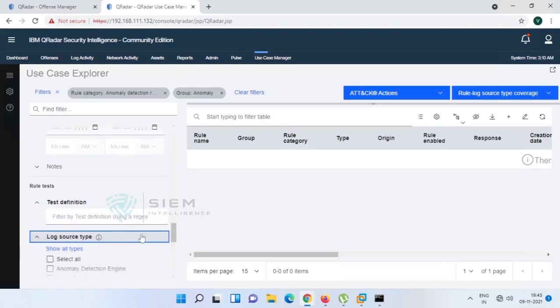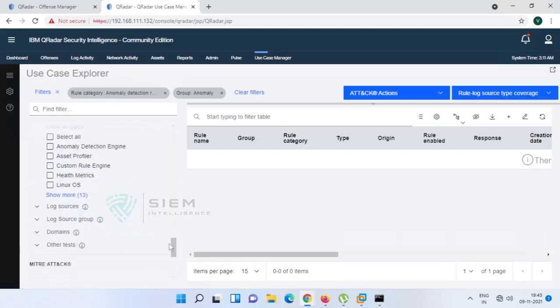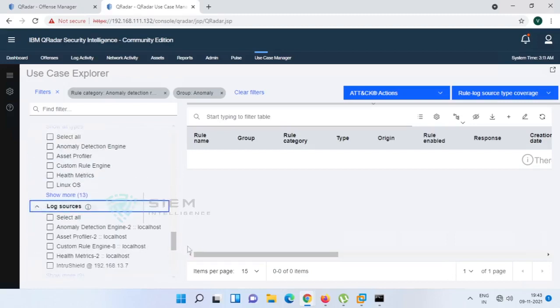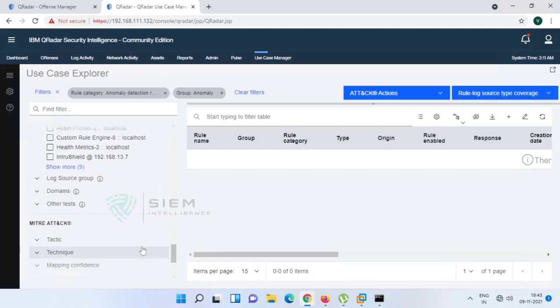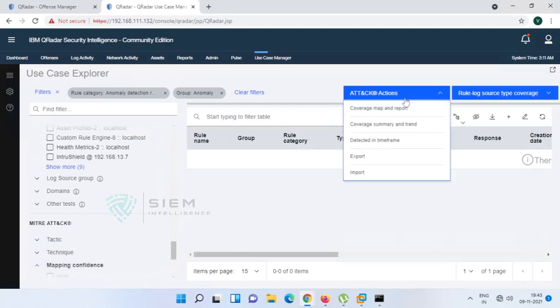If you know the log source type, you can check. If you know the log source exactly, you can check. You can check the MITRE framework. If you know the tactics, you can check. You can know techniques. So there are so many things. So if you click here,